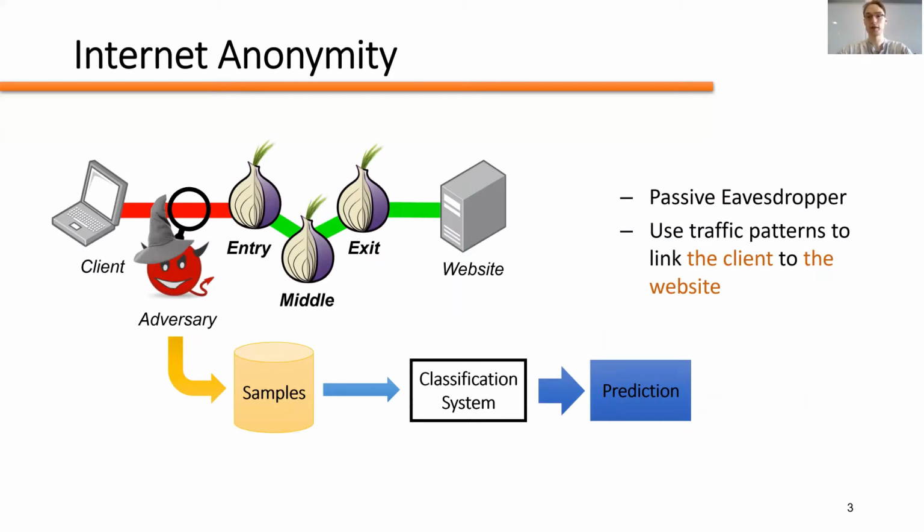Unfortunately, there's a vantage point here that an attacker can exploit. In our attack scenario, the adversary knows the identity of the client, but not the website as it's protected by Tor. However, there is a leak of information within the metadata produced by the network traffic. This information is relatively distinct for each website, so an attacker can use it to train a classifier to predict what website a user has visited. Such an adversary can carry out this attack by passively eavesdropping on the client in such a way that the client is completely unaware that the privacy of their communication has been compromised. And so this is what we call a website fingerprinting attack.